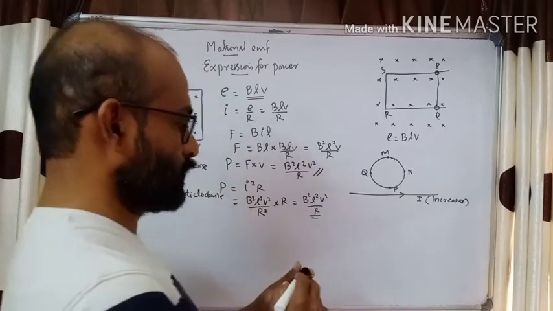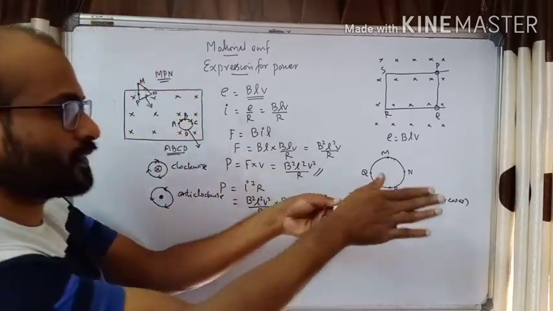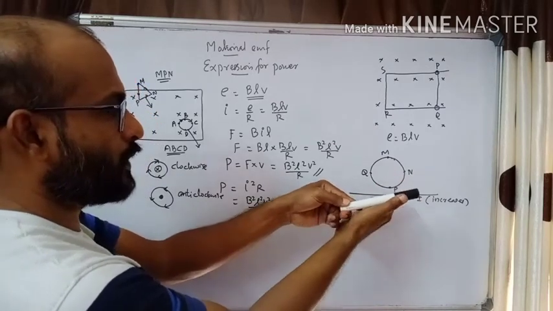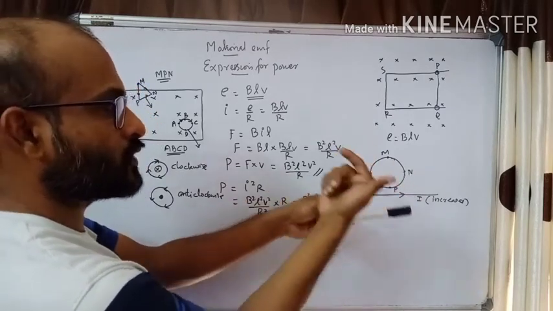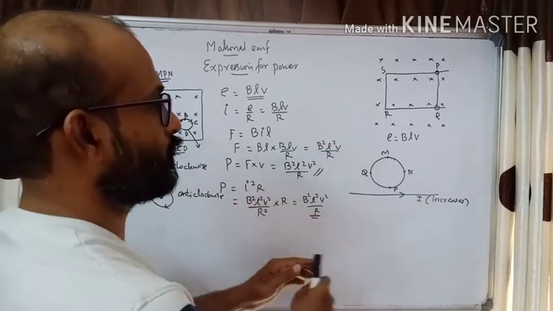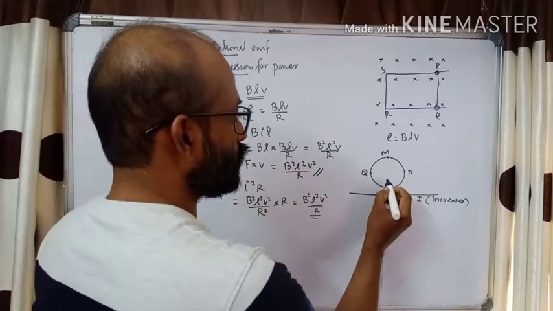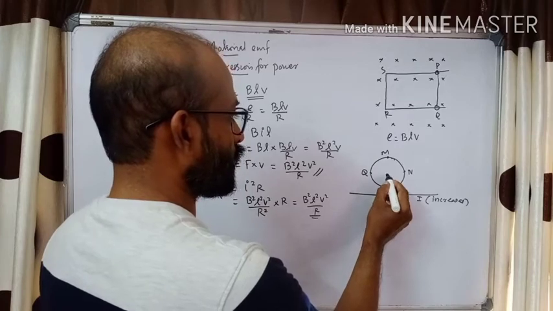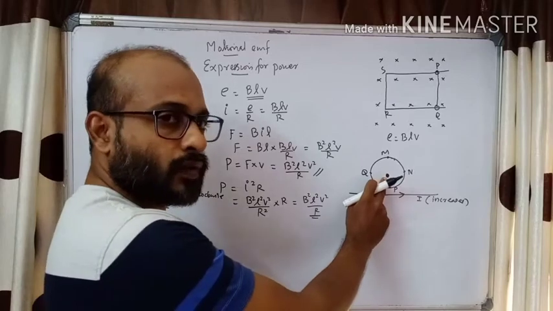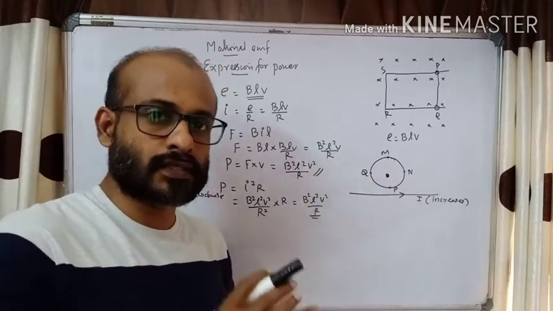When the current is increasing, by the right hand thumb rule, we can say that at this region the conductor will produce a magnetic field. In which direction? It is going outward. The current is flowing like this and produces a magnetic field in outward direction. Dot is the symbol for the outward direction. This conductor produces a magnetic field here in outward direction. When the current is increasing, the magnetic flux is increasing.